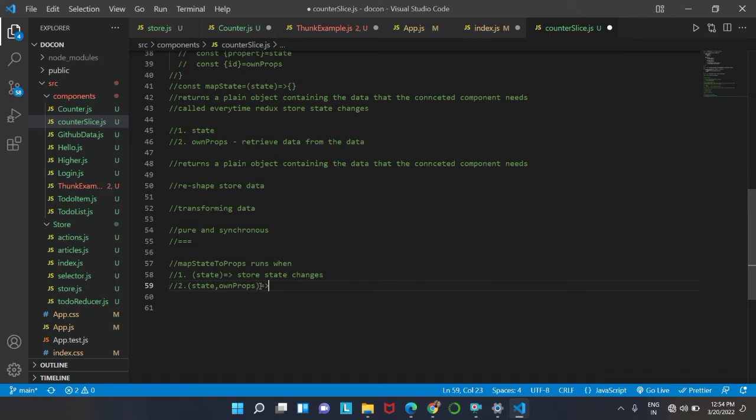So then when will it render? When the store state changes or any field of ownProps is different. Next, this is the first scenario, and the second scenario, the component re-render. Component re-renders